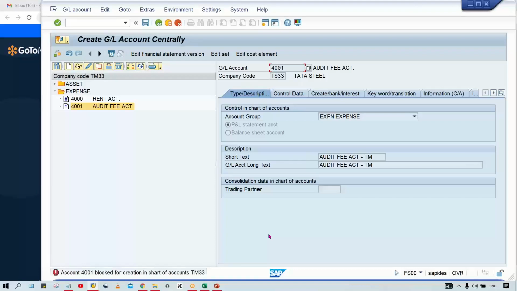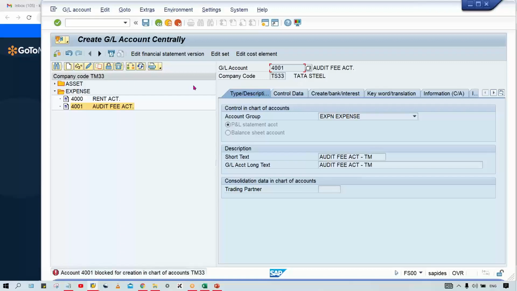Of course there will be a certain reason, and this is how the block for creation works, right? Suppose the client is rigid and says no, and somebody by mistake applied the block for creation. You kindly remove it, right? For that also we have a solution. Whoever the previous consultant or user was who applied a block for creation,